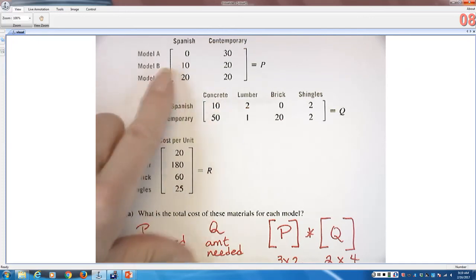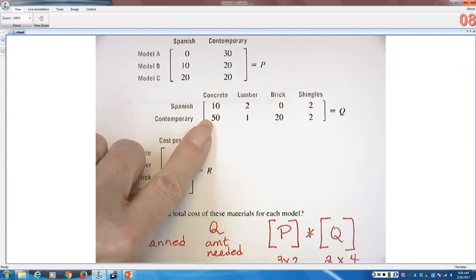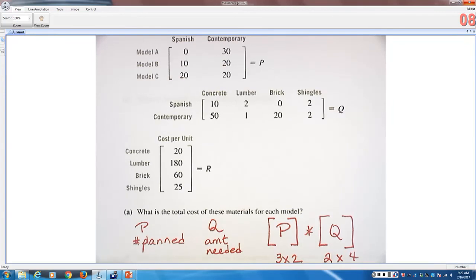And then the same thing, we've got 10 Model B that needs to go by the same thing, same price for each one of these. So when we actually get done, we'll have a 3 by 4 matrix. So when that matrix comes out,